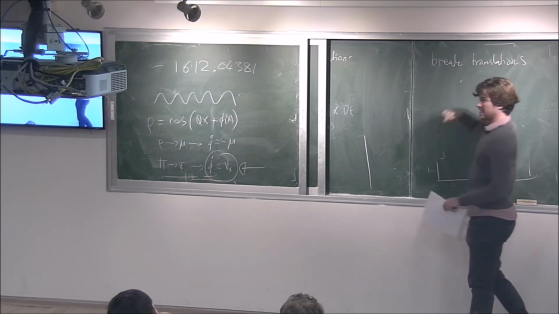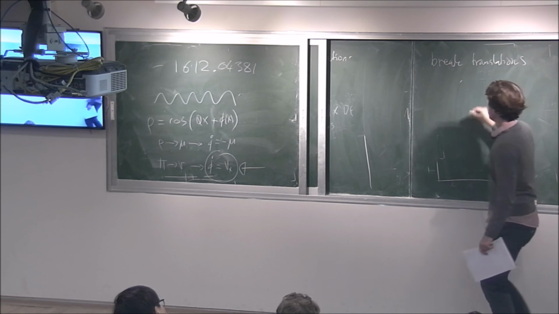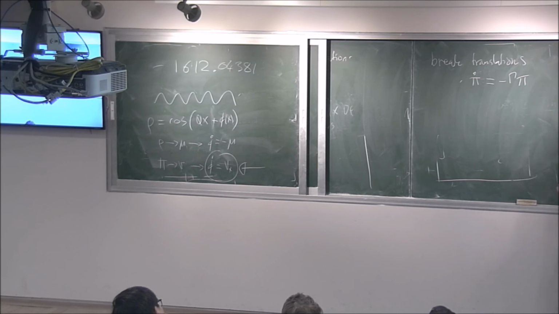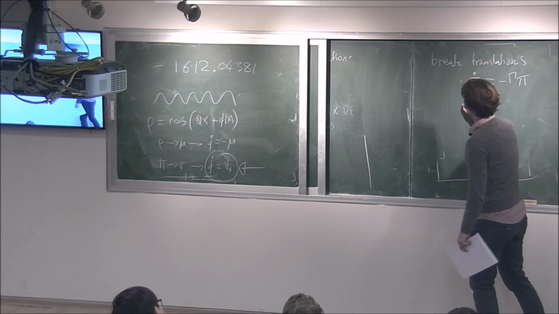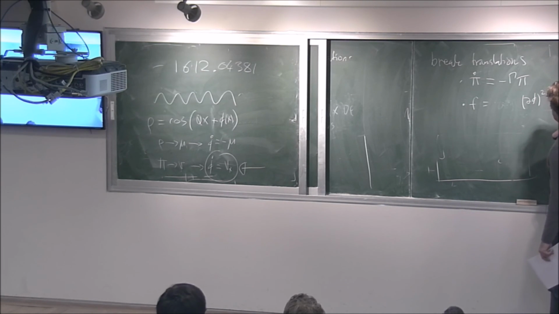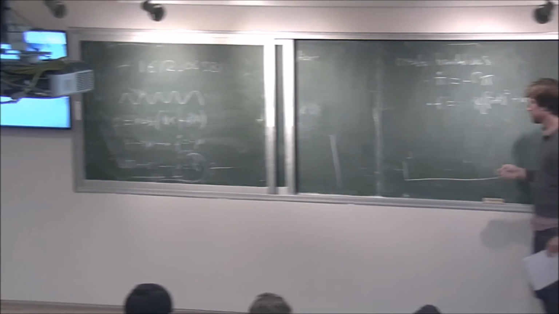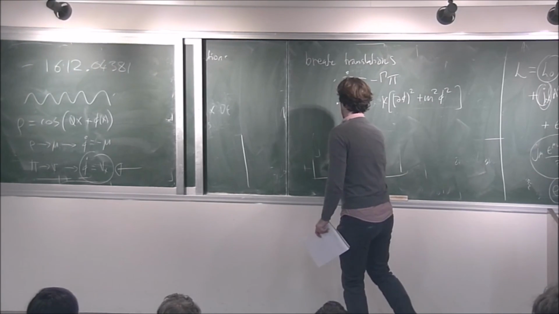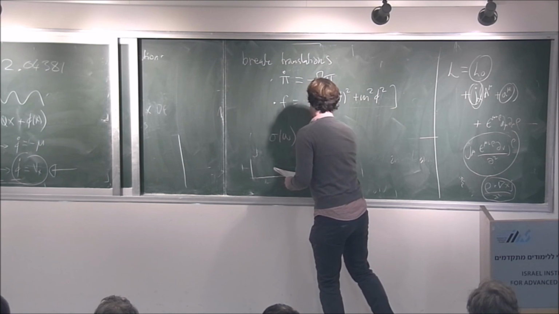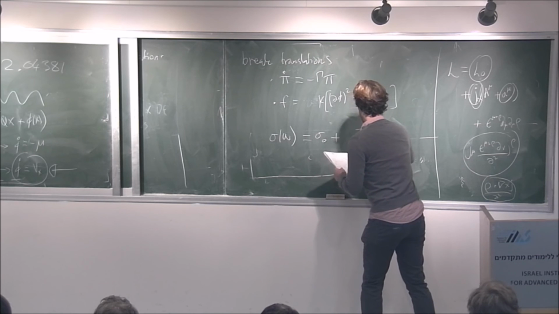in a symmetry broken phase there are now two effects. Momentum relaxes like it did before, so pi dot will have some minus gamma pi. But also, in the free energy, the phase gets a mass because it's not quite a Goldstone boson anymore. Now you take these two terms, you grind through the hydrodynamics, and you can calculate the conductivity. Something new happens because of this mass. What you get is sigma 0, and then you get, I'll write it down,